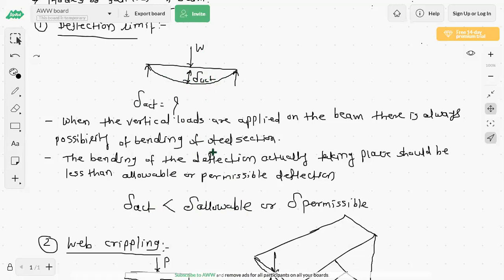If this delta actual is greater than delta allowable, your beam will fail. And if this delta actual is less than delta allowable, then your beam will be stable. So are you getting? The first mode of failure is the deflection, that is, delta actual should be less than delta allowable. So now